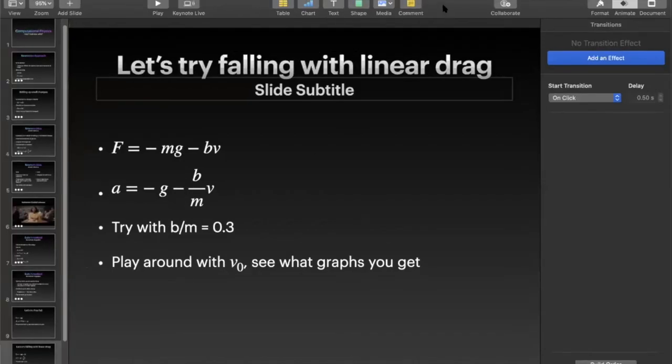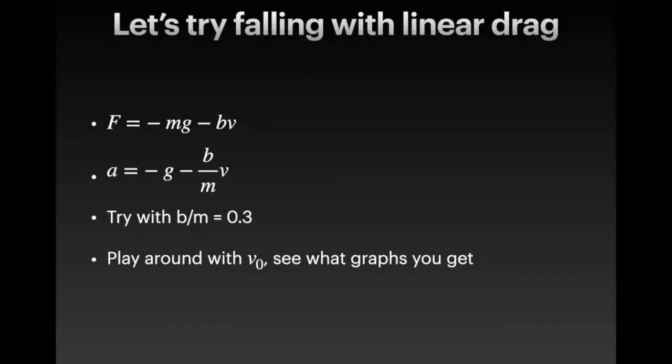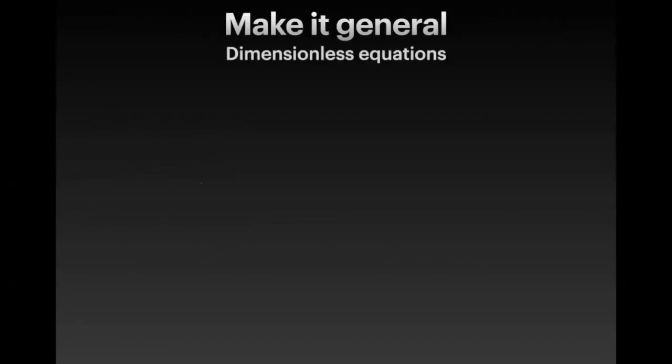Okay, so now the last part of this, and I'm going back to slides here. That was with a particular starting velocity and a particular value of b over m. If the value for b is different, or the mass is different, you would have to redo your spreadsheet for all of these different possible values. And that's annoying. So we would like to do something more general or universal, which we do by making our